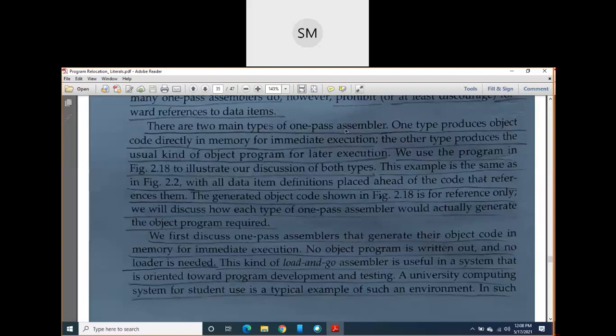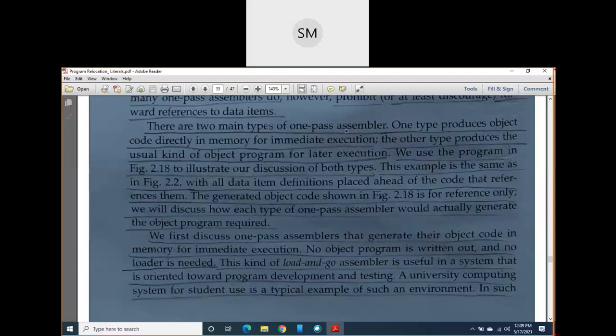See, already you know when you convert source program into object program, in the next step you have to load that object program into the memory for execution. The loader will load that object program into the memory. Here memory means primary memory, that is RAM.